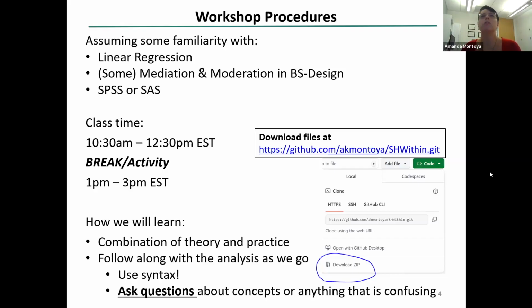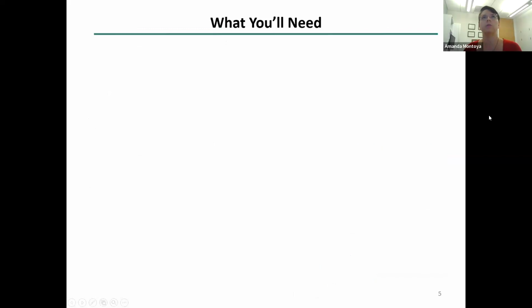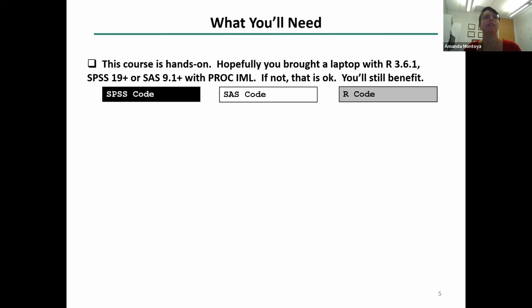Super. So just to overview what it is that you will need, we will use SPSS, SAS, and then sometimes you can use R, but we can't use R for the whole workshop. But if you would really prefer to use R for parts of it, you can. So on the slides, the way that I have this organized is there is SPSS code in a black box with white text, SAS code in a white box with black text, and R code in a gray box with black text. So hopefully you can always figure out which text you need.